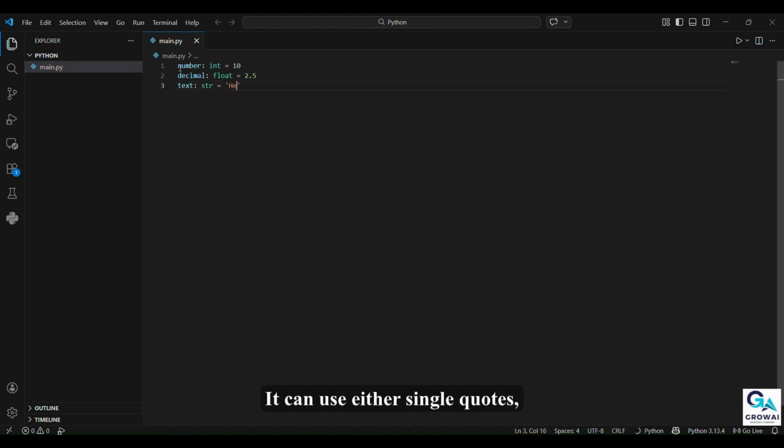Use either single quotes or double quotes. Strings are used to represent